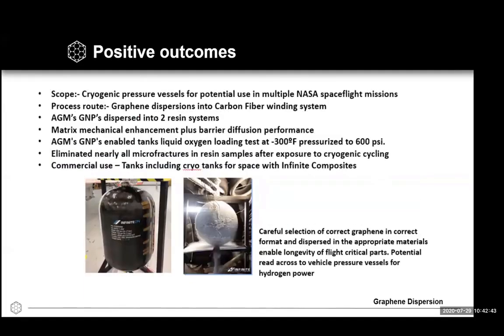And the final example I'll quickly touch on is a system that we're working with a company in the US. This is a cryogenic pressure vessel using the graphene dispersions in a couple of ways for a carbon fiber filament wound system. Again, showing some outstanding performance at some really quite extreme environmental temperatures and pressures. And it just demonstrates that if you work with the right dispersions, adding it at the right times, and really working closely with us to generate that know-how, you can get some quite outstanding uplifts in performance in a